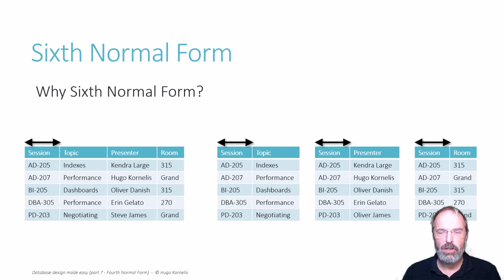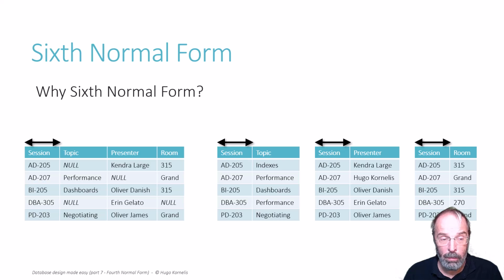So let's change the universe of discourse a bit, and as you see on the left, there are now some null values in the table. What this means is that we miss some information. We know that session AD205 is presented by Kent Verlarge and in room 315, but we don't know the topic for that session. That might be because we forgot to enter it. Or it might be because Kent Verlarge hasn't decided yet. We already decided to give her a speaking slot, but she still has to choose her topic. Or it might be because she's just freewheeling and not talking about a specific topic at all. I don't know why. I'd have to understand the universe of discourse for that.